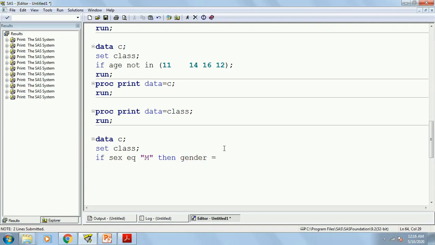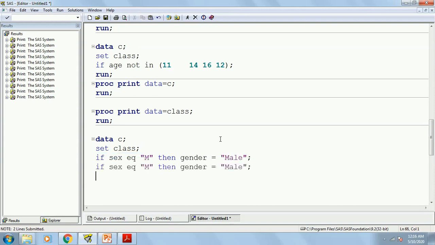Now over here you shouldn't be writing EQ, it doesn't work because it's a new column you are creating, so it has to be this equals to sign, and I want it to be written as male. Okay, and the rest of them, whatever it's there, I want to write it as female, right?